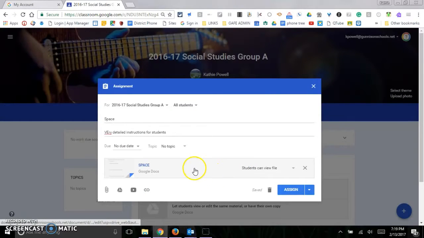So I'm going to add that to my assignment. Now here is the important part. This is my tip number 2. If you want them, they can view the file and then they could have the model for their own, or you can come down here and you can have them edit the file. However, that just means that each student will be able to edit that same document. Or what I like the best is make a copy for each student. So if you put in here, make a copy for each student, there you go, and now you've got that